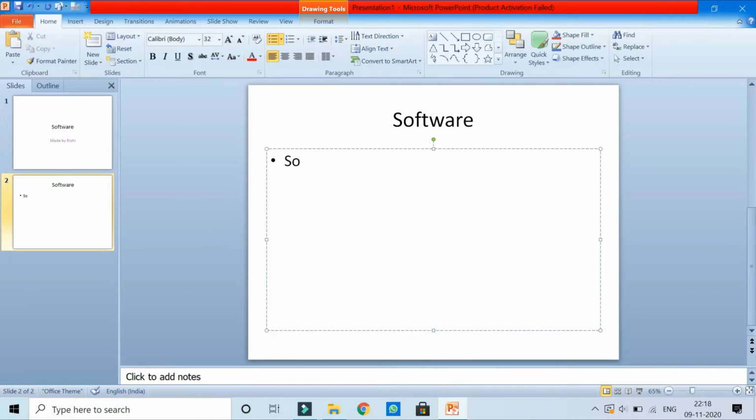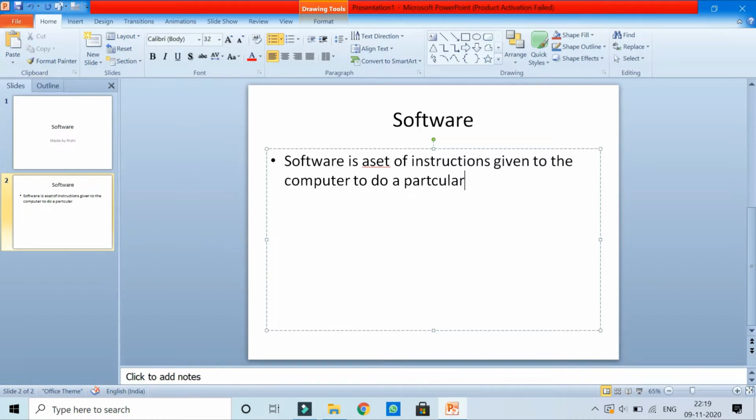So here I'll type: software is a set of instructions given to the computer to do a particular work. So this is the definition of software.